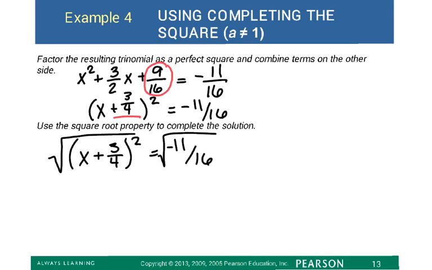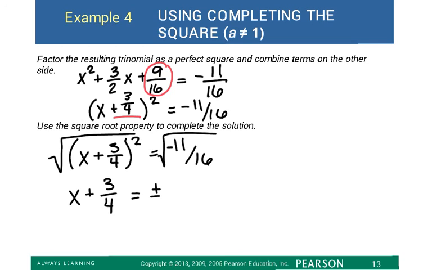And notice here on the right side we have a -11/16. We are going to have a complex imaginary solution here. But on the left side, we just end up with x plus 3/4, and that is equal to plus or